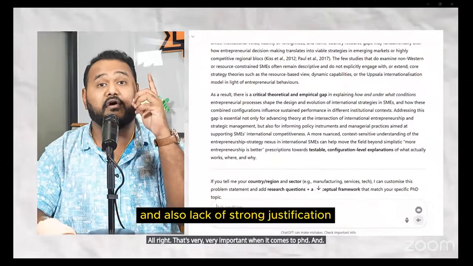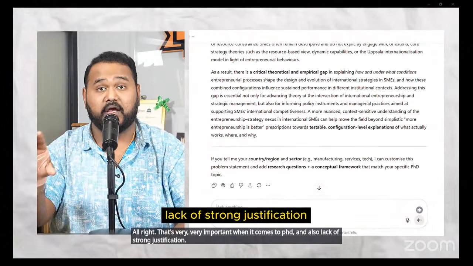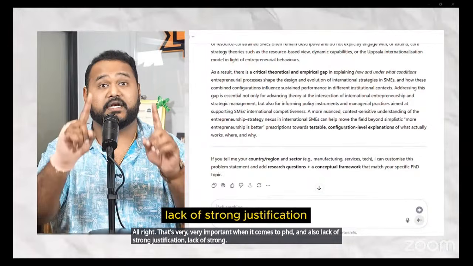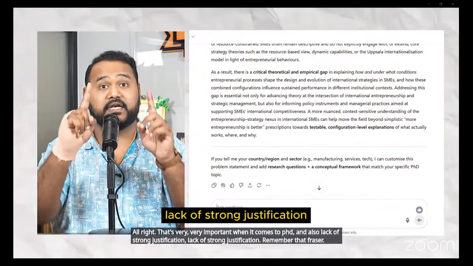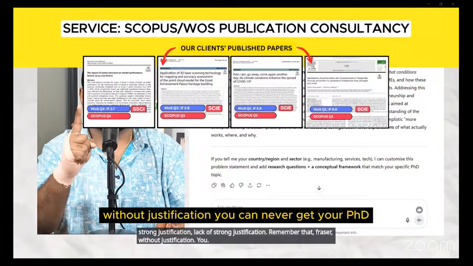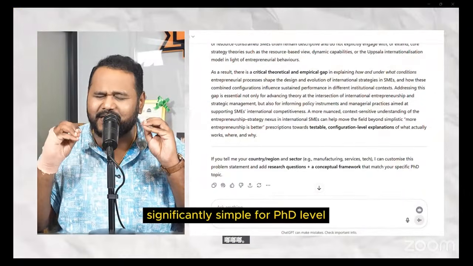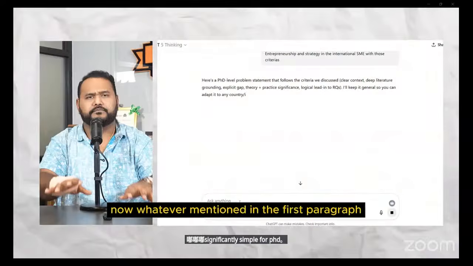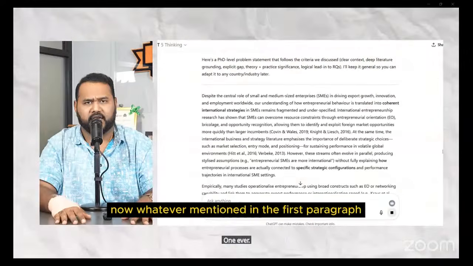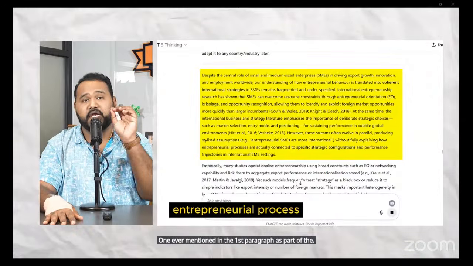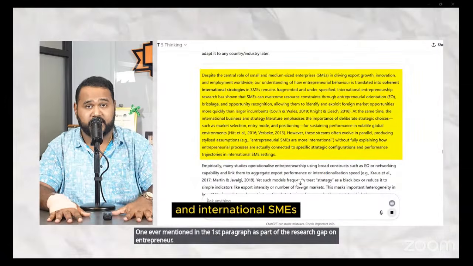And also lack of strong justification. Lack of strong justification. Remember that phrase. Without justification, you can never get your PhD. And to be honest, too significantly simple for PhD level. Now, whatever mentioned in the first paragraph as part of the research gap on entrepreneurial process and international SMEs, just